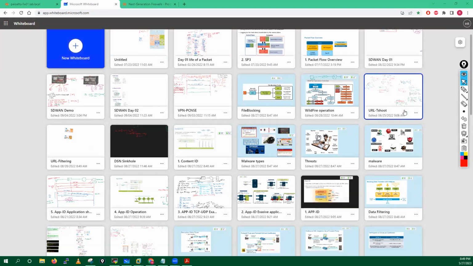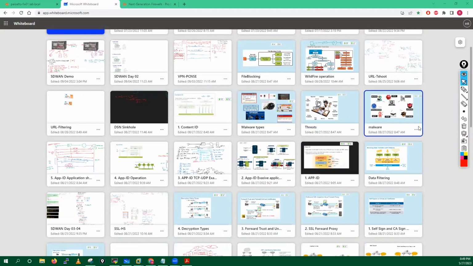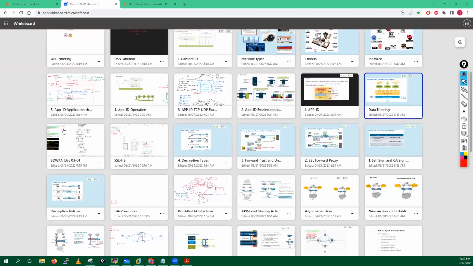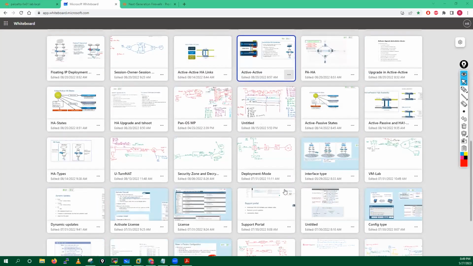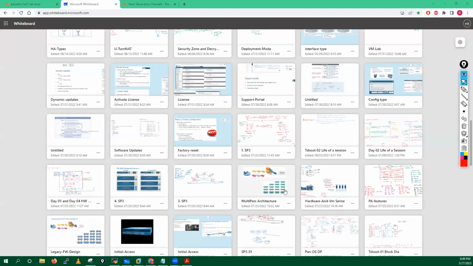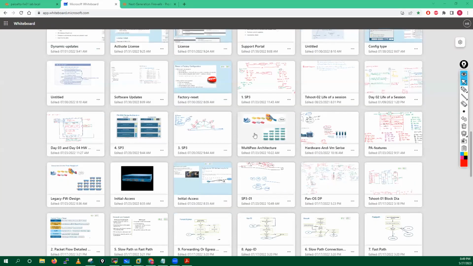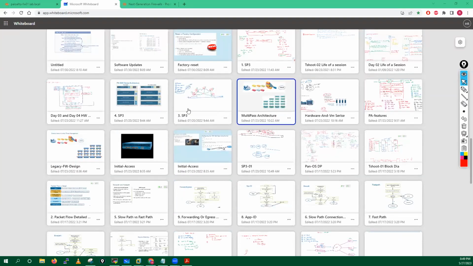The name is SP3 only for that as well. I'm lost somewhere, I'm not sure. Otherwise, I have a couple of other diagrams as well. I can take the help of these diagrams as well, but